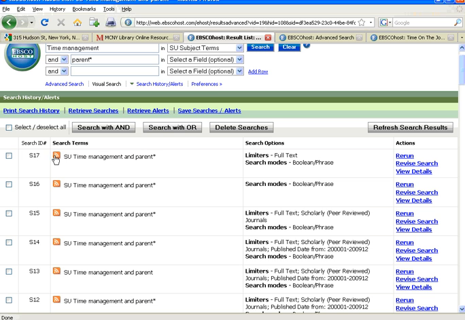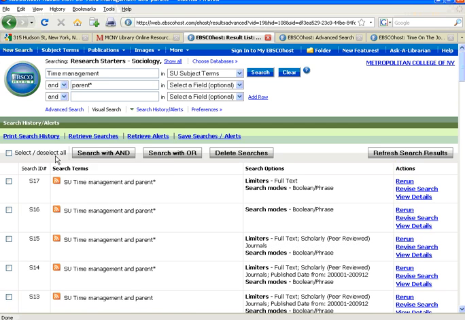The other thing is with this RSS feed, if something works, it will create an alert for that search and send that material to you in your email or internet browser. So another quick